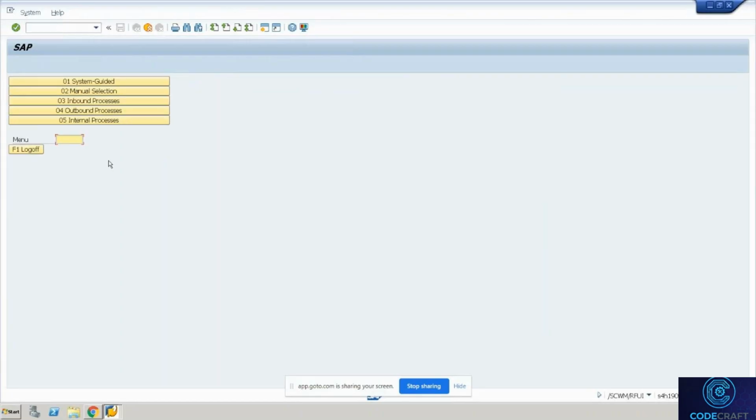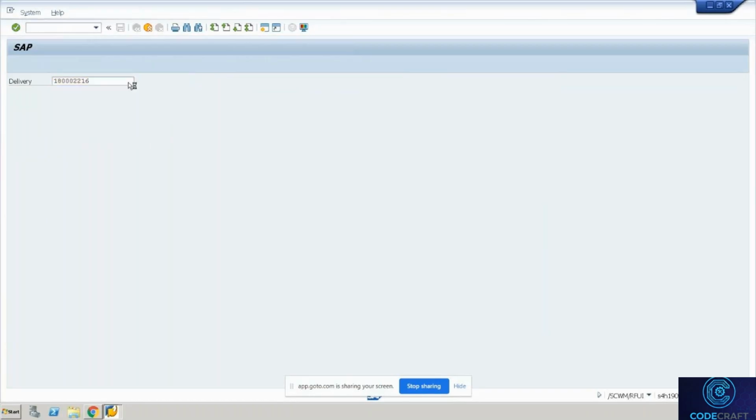See, whatever we are doing on desktop, you can do it on RF. Okay. So make a note, you always need to test that particular step on RF as well. Okay. So for receiving, we'll say receiving of handling units, receiving by delivery. I enter my delivery number. Okay. See, there are different other menus. You can receive by